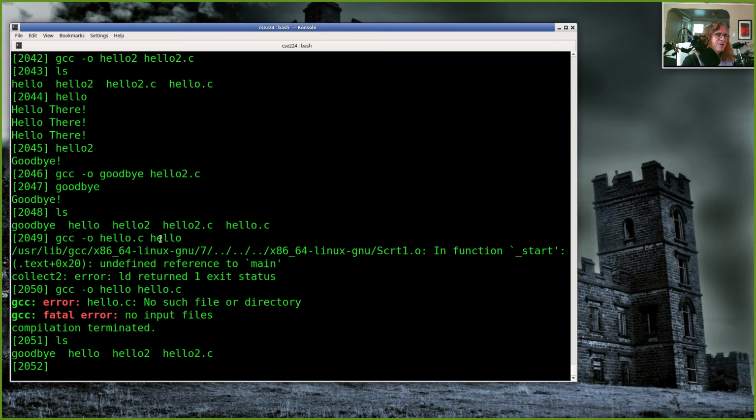While it tried to compile this executable program, it found out that it couldn't do that because it wasn't C code. And so instead of producing an output file, it got rid of my output target hello.c, and hello.c is gone. And then down here, when I tried to compile hello.c correctly, it told me hello.c, no such